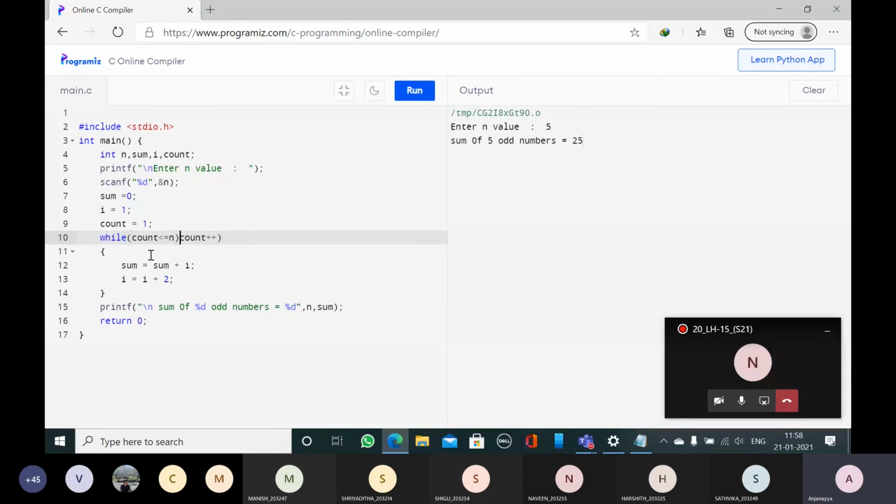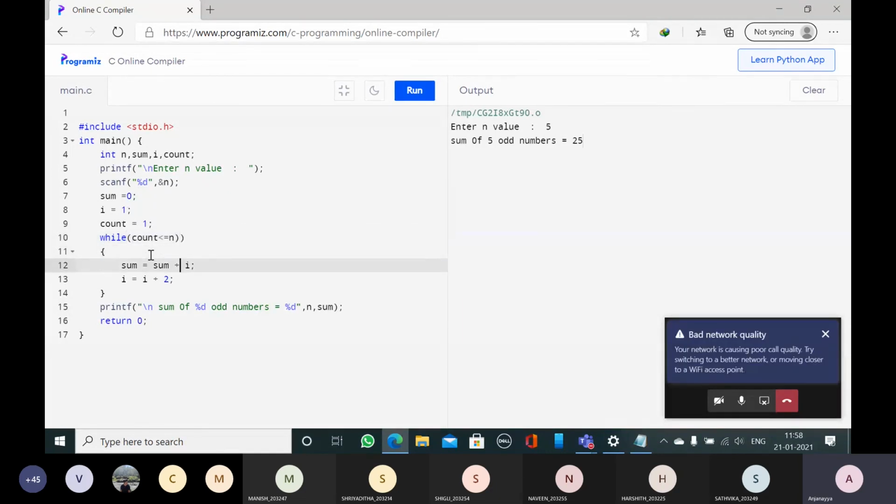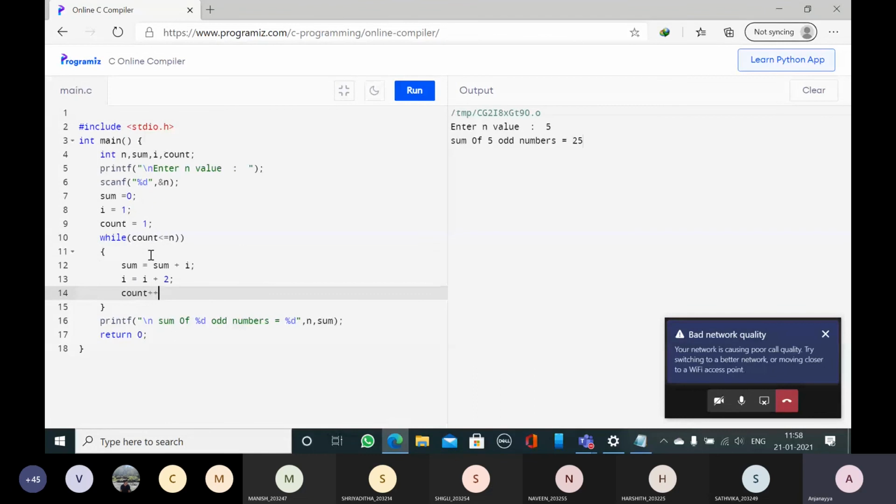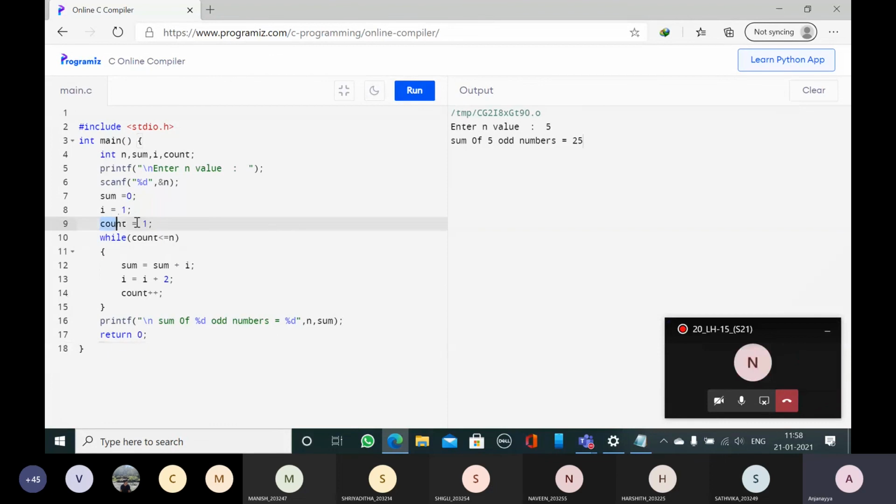Here it will contain the condition. Where will be the increment operator? Increment operator will be inside. This is the while loop. Clear? Initialization outside. While contains only the condition. Increment will be inside this block.